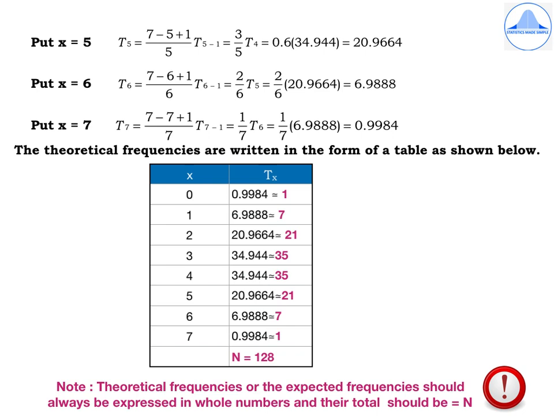It means that the values or the shape of the curve on the right tail and the left tail will be similar. That's what you mean by a symmetric distribution. So in this case, you'll see that the values in the beginning of the table, that is 1, 7, 21, 35, and the values at the end of the table, that is 35, 21, 7, 1, they are the same. So this happens only when p is equal to 0.5. So when p is 0.5, the binomial distribution is a symmetric distribution. So you're seeing another example of this property.